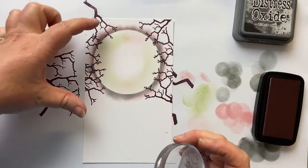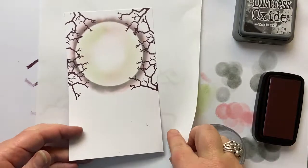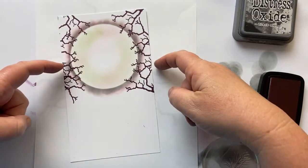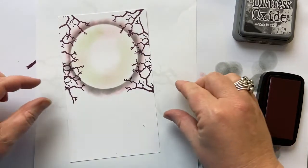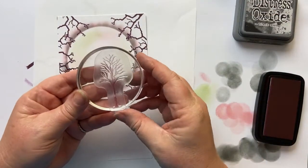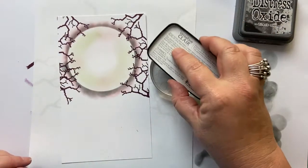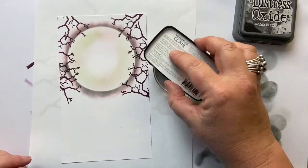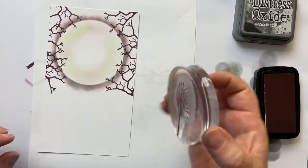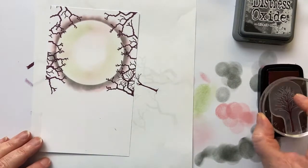So you can see what I did was, let me put this behind it so we don't get distracted. There we go. So I started with my first stamp horizontally, and then I brought these branches up and these ones in. Then I'm going to take my small trees, one of them, you get 2 of them in the set, and I chose these because I like the spikiness of this, and I think it just gives it a bit of extra depth